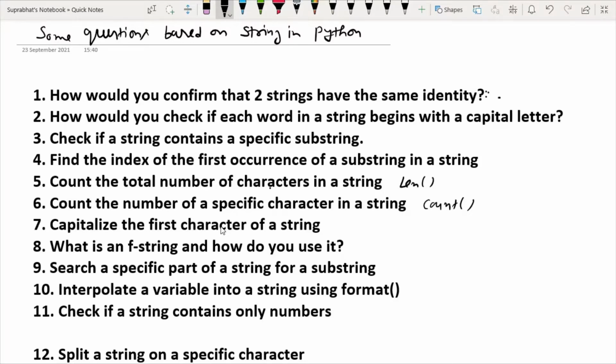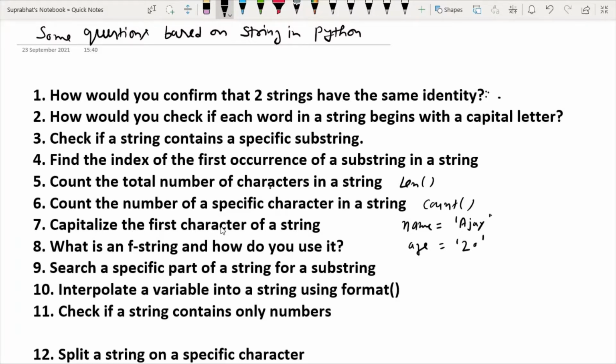Suppose I have a string like this, a string name. Suppose I have taken Ajay and age I have taken as 20.